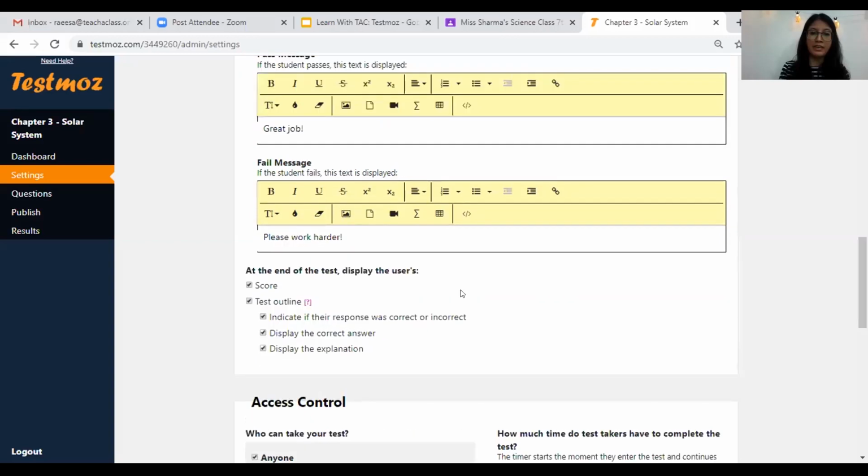Alright, moving to the end of test. Now here is what the students will be able to see once they have completed the test. So I want students to see their score, so I will keep this checked. If I don't want them to see their score, I'll simply uncheck this box by clicking it. Right now, I want them to see the score, so I'll check it. And test outline,